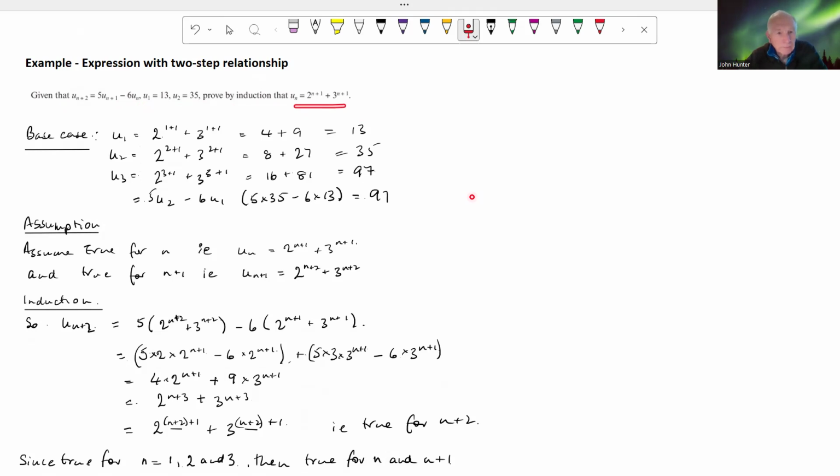Right, so for this we need a double base case. It's not just good enough to prove for u equals 1. We're applying it for u equals 2 and 3 as well at the same time. So if we evaluate these, this is what actually proves the base case, when we evaluate it with these minimal values in here. So u3, which perhaps I should have written in there just to be completely clear,